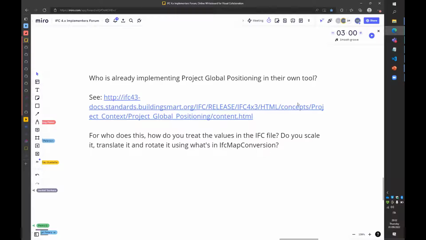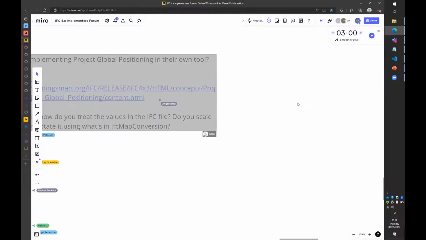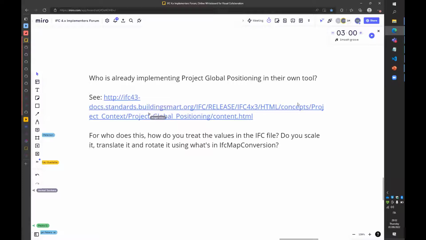On our side, Civil 3D, yes, we are. All Civil 3D projects should basically be globally positioned to a coordinate system, whether or not it's a coordinate system that IFC understands, or a local coordinate system created for the project. They all have them, other than noddy examples. On the Revit side,